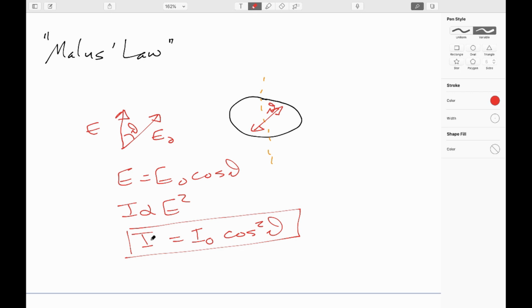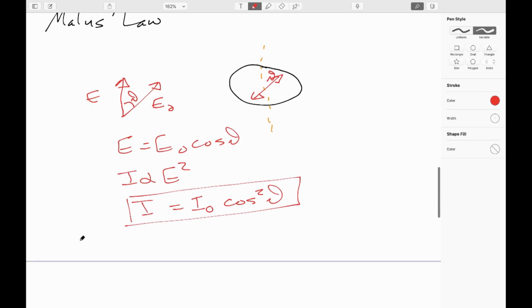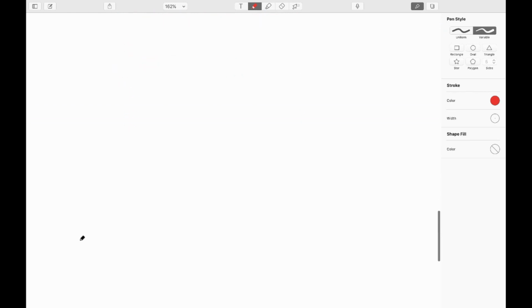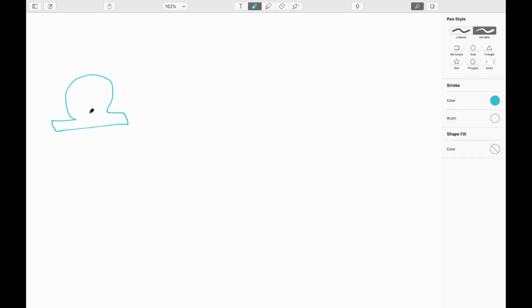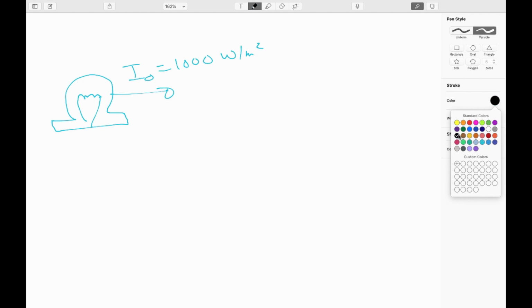So just to do an example of that, let's say we have a light source. Let's say the light coming out initially has an intensity of 1,000 watts per square meter. It will pass through two ideal polarizers. The first one